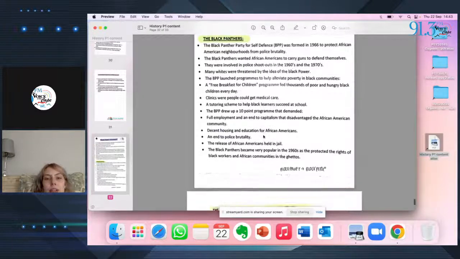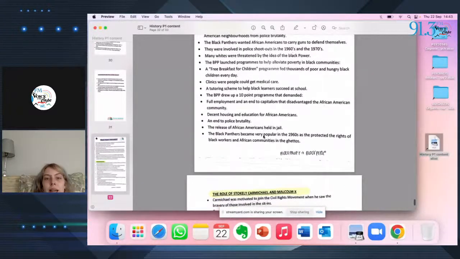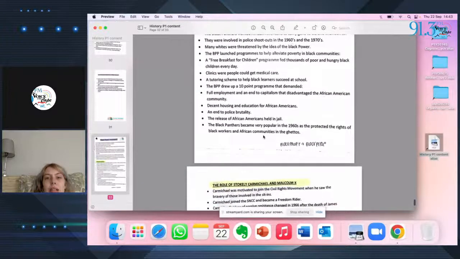Secondly, they established clinics where people could get medical care. Thirdly, a tutoring scheme was set up to help Black learners succeed at school. And lastly, the BPP drew up a 10-point program that demanded full employment and an end to capitalism that disadvantaged the African American community, decent housing and education for African Americans, an end to police brutality, the release of African